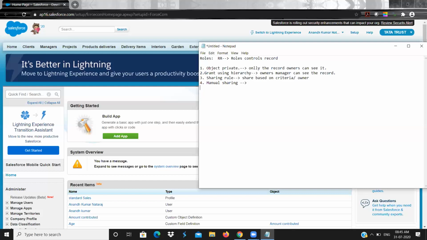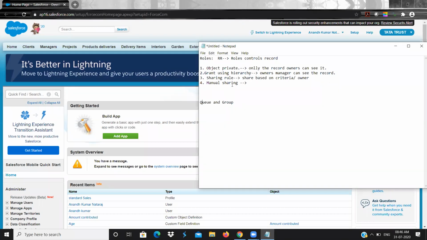Apart from these, we will see small topics like queue and group. There is a concept called queue and a concept called group.